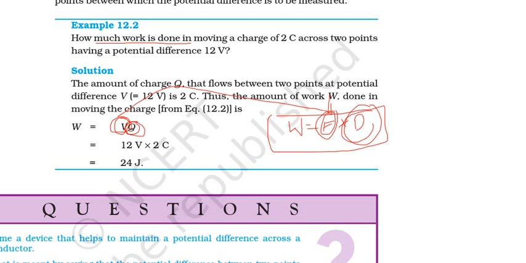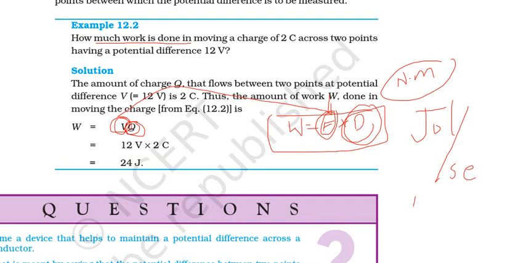Both are work done. What is the work done unit in this particular case? Force is in Newtons. And the displacement unit is what? Meters. Newton into meter. What did I say to you? Joules. Yes or no? Newton into meter is joule, and joule per second is called watts. I said it already. So work done, either in the electrical condition or mechanical condition, is work done only, right? So here work done, what is the unit? Joule. Here also it is joule.